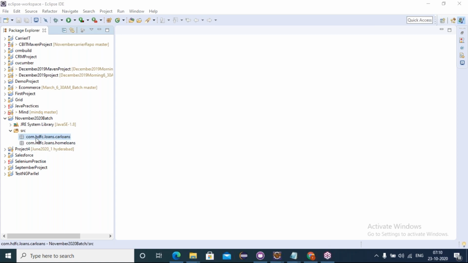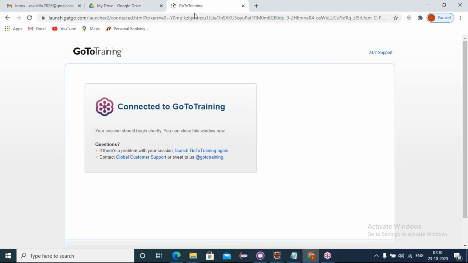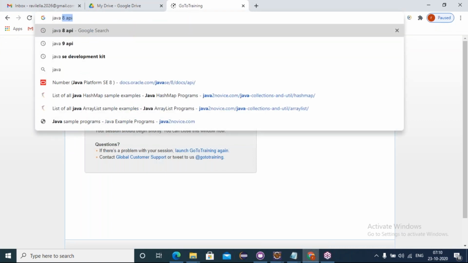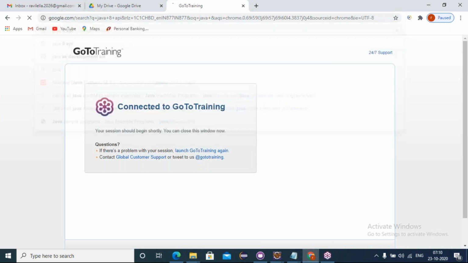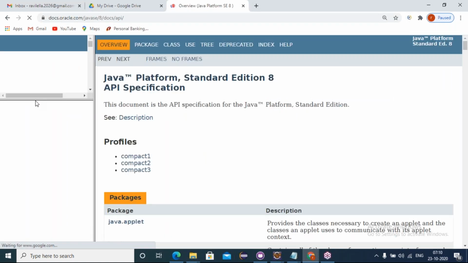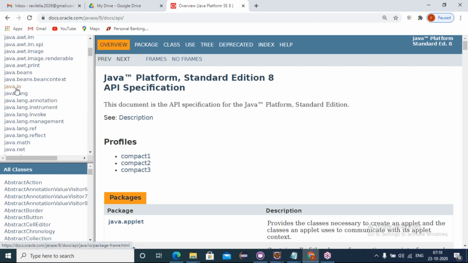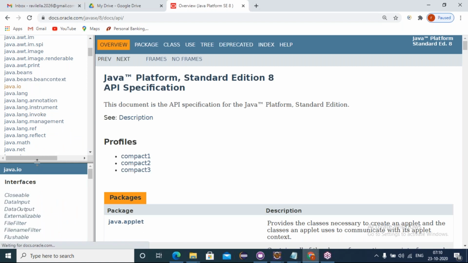Okay, now let's try to create a Java class. A package is a collection of classes and interfaces. Friends, on the official website, if you want to see the Java 8 API documentation, search for Java 8 API and click on this. See friends, any package, suppose I click on the java.io package.